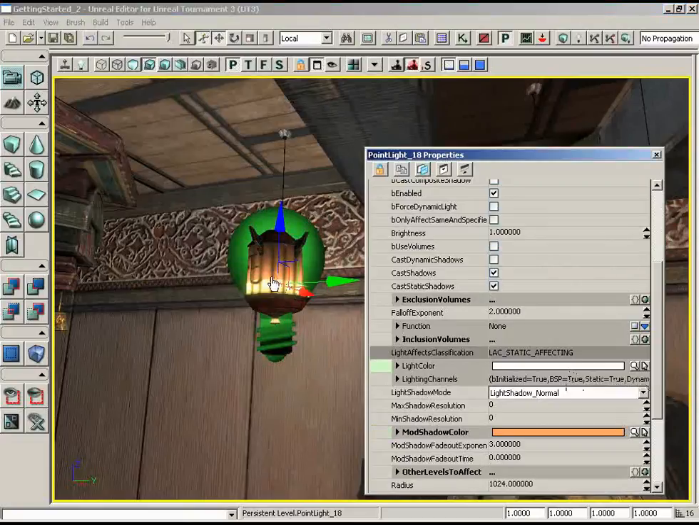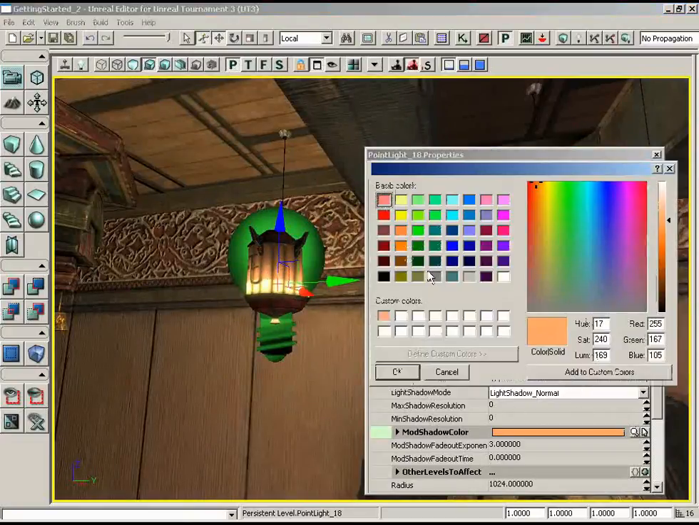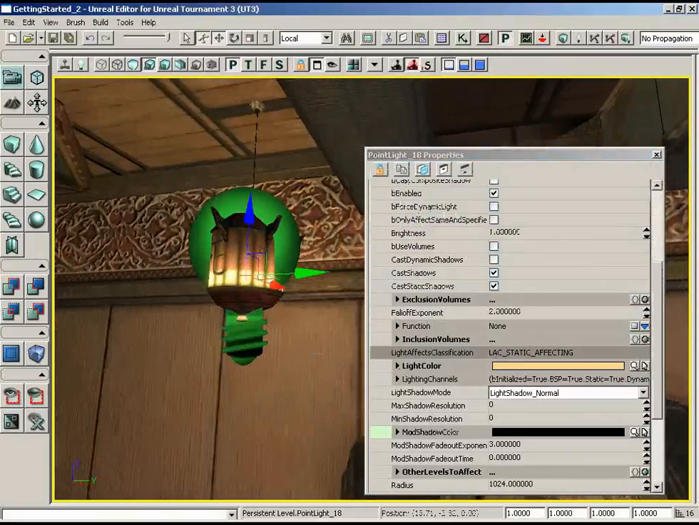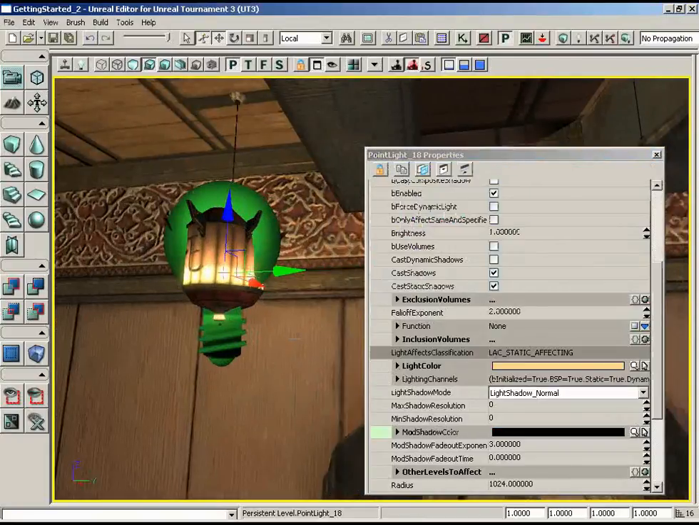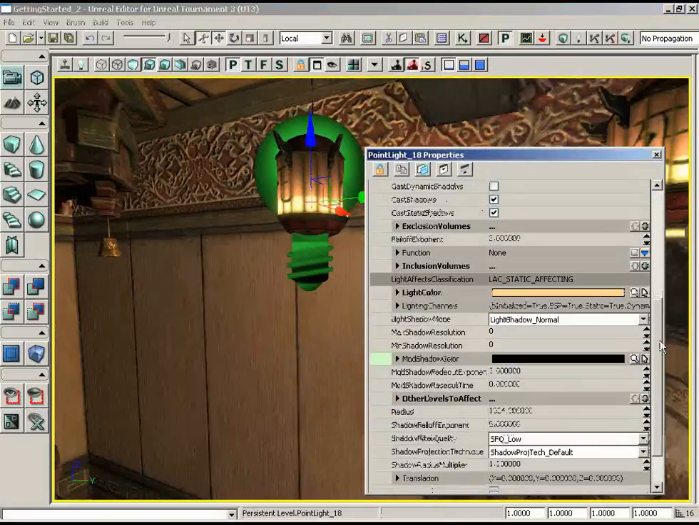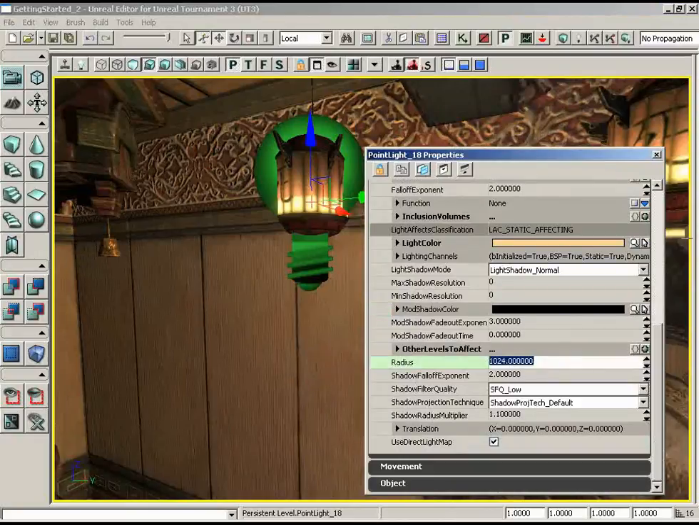You did. Oh, well, we'll just change that too. We don't really need the mod shadow color. In fact, just on principle, I'll put that back on black. Okay, so now we have a nice orange light. I am going to change radius on this one. Just on principle, we'll pull this down to, I think 512 might work because it's halfway along the